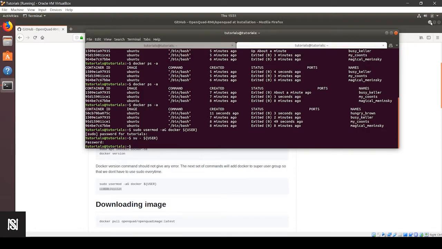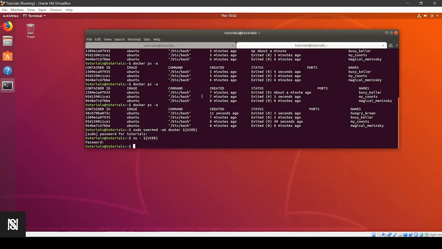Then once we're done with it, if you haven't been present in my previous tutorials, I would like to tell you more about the difference between an image and a container. Basically, as we have object oriented programming, classes and objects are there. Similarly, there are images and containers. So class is an image and object is a container. What do I mean by that? Like a class is a factory and each and every object is an instance of the class. Similarly, we can assume that image is a factory and each and every container is an instance of that image.